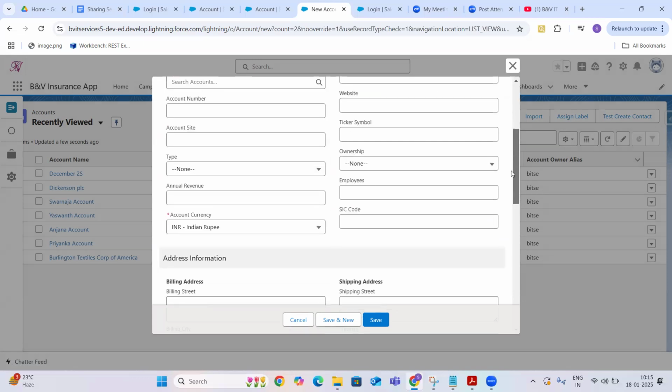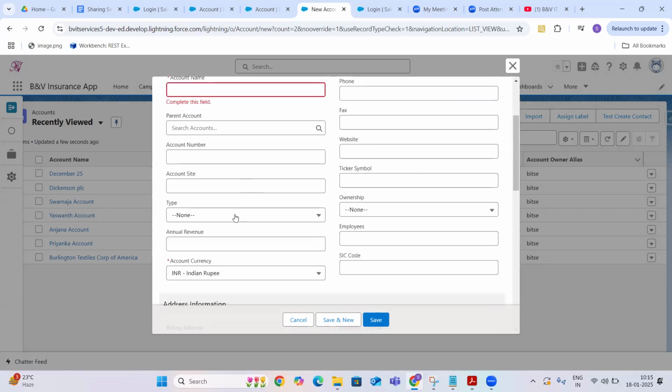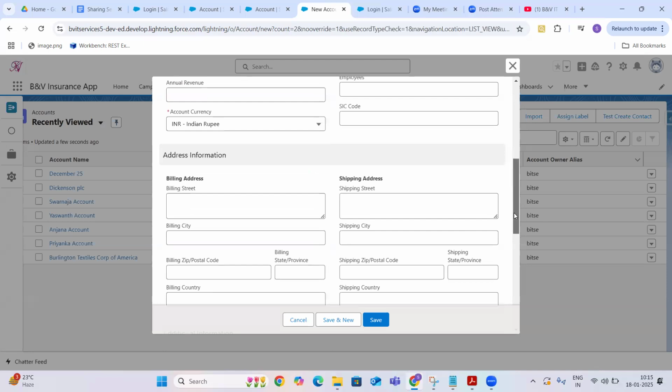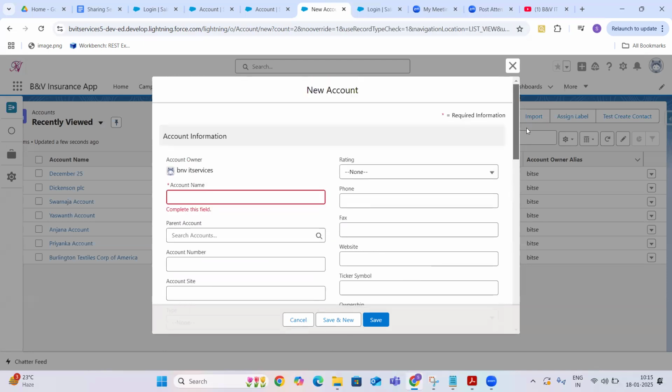Apart from that, I would like to check that they have to select the type also. If they don't provide the type, then there should be a validation. It should stop the users, saying that type is mandatory, you have to select it. Okay.